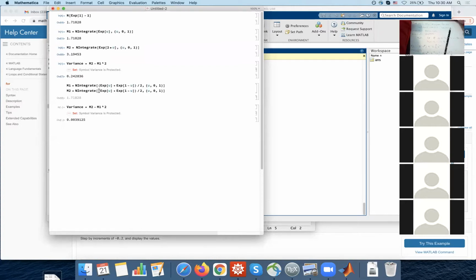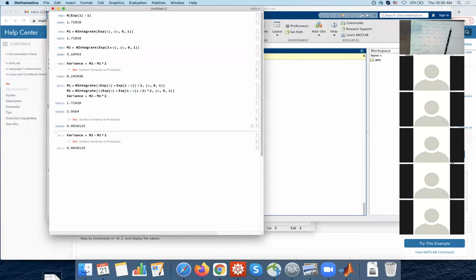So we'll have to integrate this thing here squared, and then we have to compute the variance. And you can see here that when I'm computing the variance, I'm going to get 0.004. And the other variance is up here. The difference between these two numbers is humongous. This number up here, the primitive brute force, is much, much bigger than when I play this trick between u and 1 minus u. So this variance here is much smaller. It's going to give me a much more precise estimate when I perform simulation, where I do this trick with e to the u plus exponential of 1 minus u